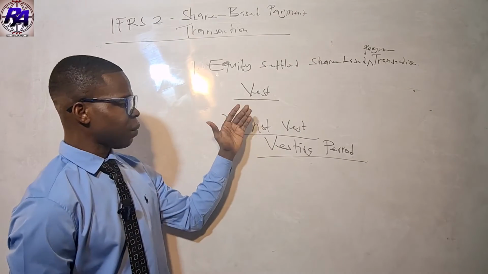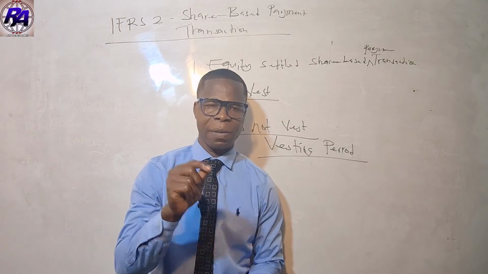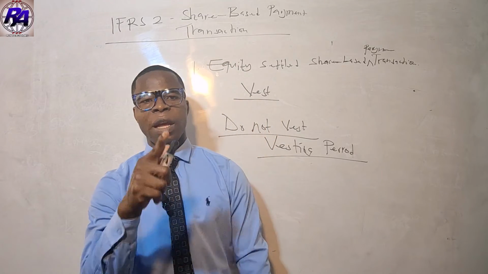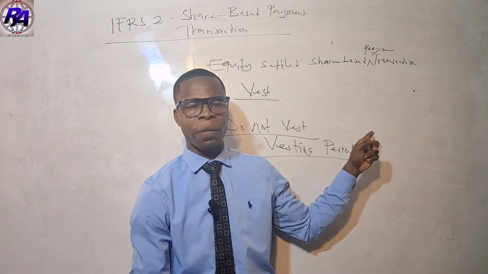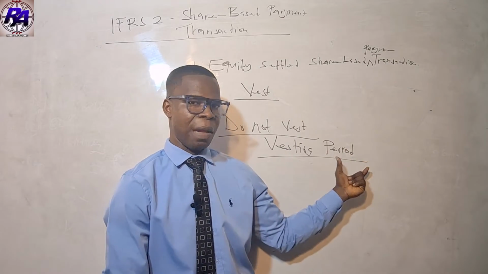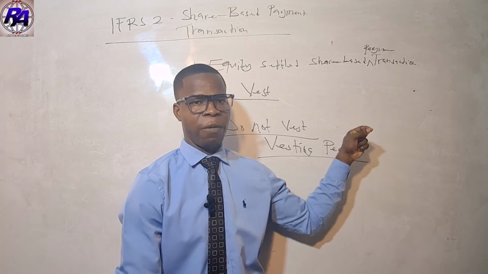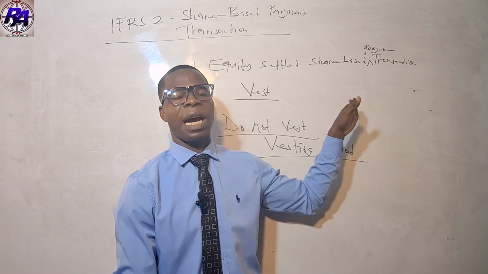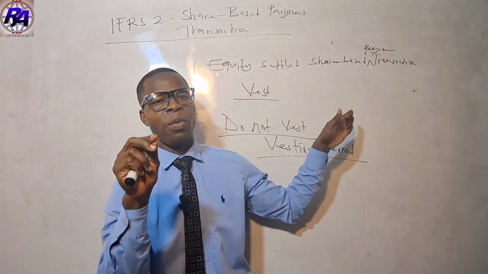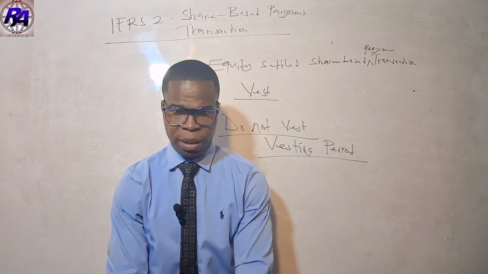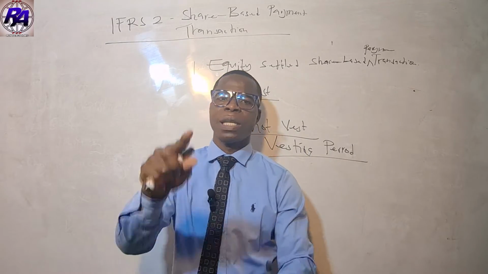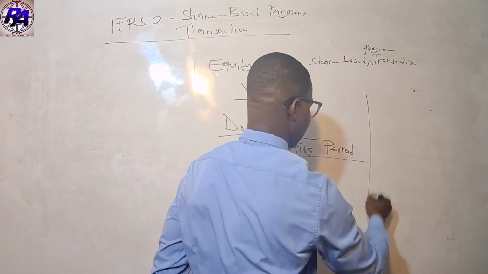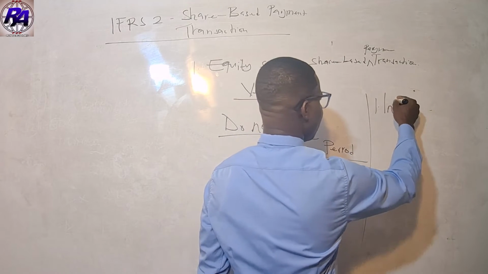All right, so we want to look at the service condition, but before then, let me pass this statement. Very, very important. In the determination of the fair value of the equity instrument, I'm going to mention it when it comes to the service condition, but let me do this before I go there for understanding's sake. When we are using the indirect method, we know that we are using the fair value of the equity instrument. Sometimes we cannot determine the fair value of the equity instrument, and when that happens, the standard provides that we use what we call intrinsic value,